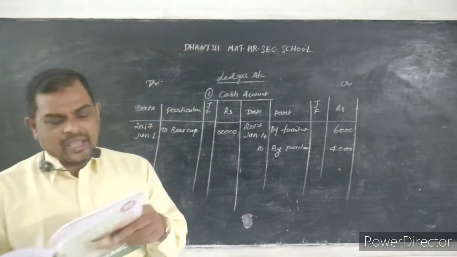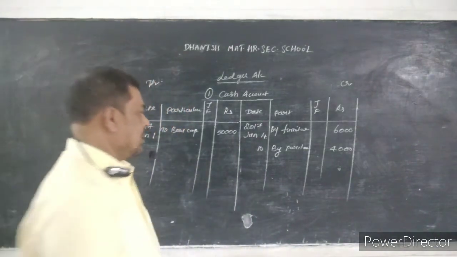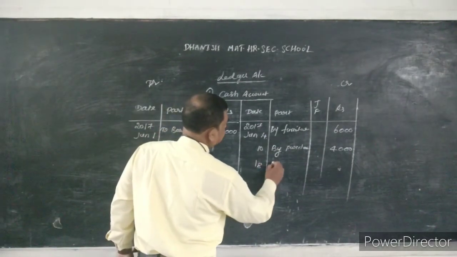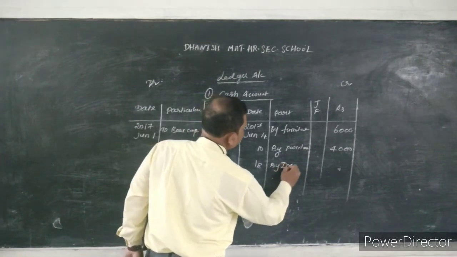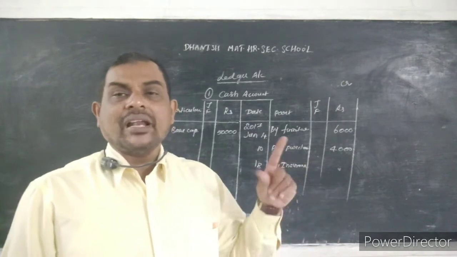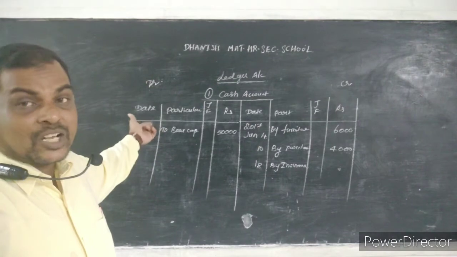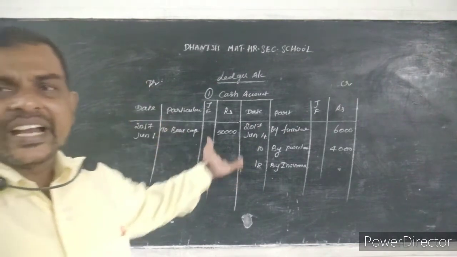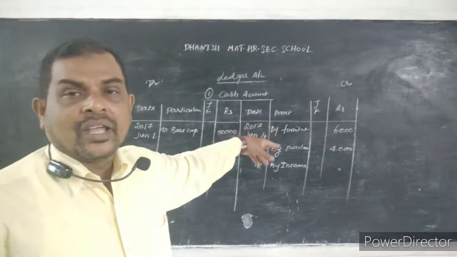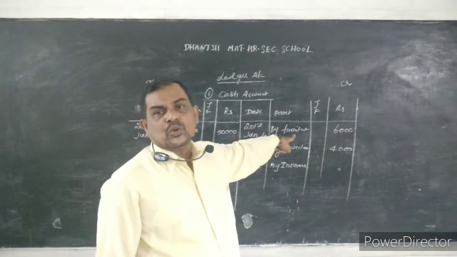What is the next journal entry? Insurance premium account debit to cash account. So here cash is on the credit side. So what is the date? 18, by insurance. Okay. First we have to see if cash is available on the debit side, then your hand should come on the debit side, but you have to write the corresponding credit entry only. If cash is on the credit side, the hand should come on the credit side, but you have to write the corresponding debit only. When you write on the debit side, you have to use To. When you write on the credit side, you have to use By.